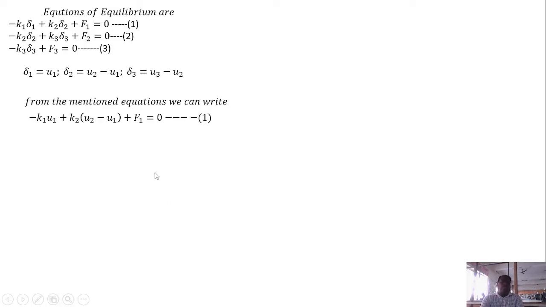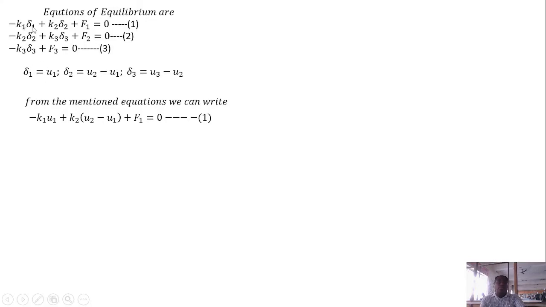Here I consider the framed three equations which are equilibrium equations, and the notations, which means displacement equations. Delta 1 is equal to u1, delta 2 is equal to u2 minus u1, delta 3 is equal to u3 minus u2. Here, from the mentioned equations, we can write. How can we simplify this? Yes, we can see. According to the first equation, K1 into delta 1. What is delta 1? Here you see u1 available, so I can substitute